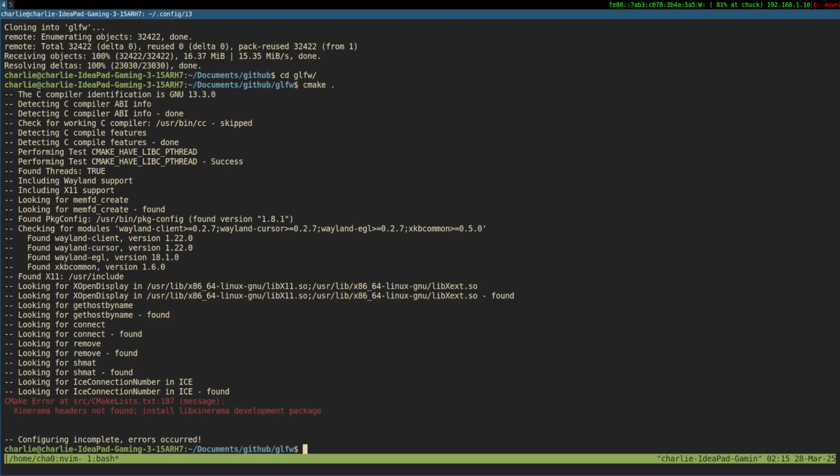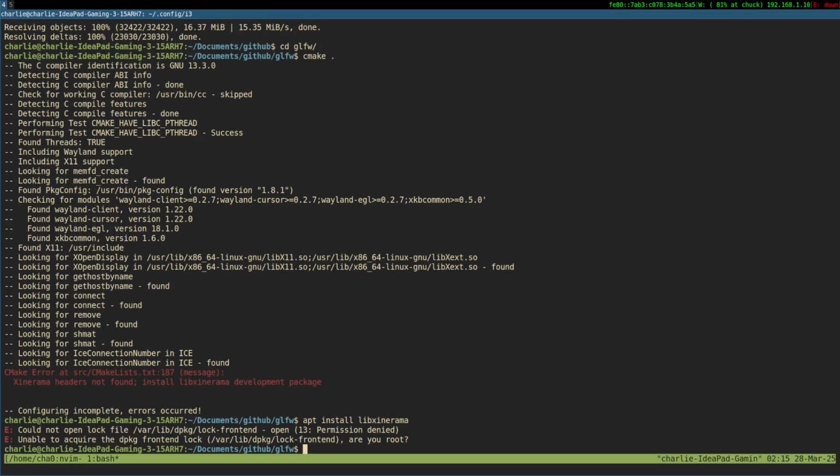CMake error, header not found. Install libx. Okay, apt install libxinerama.